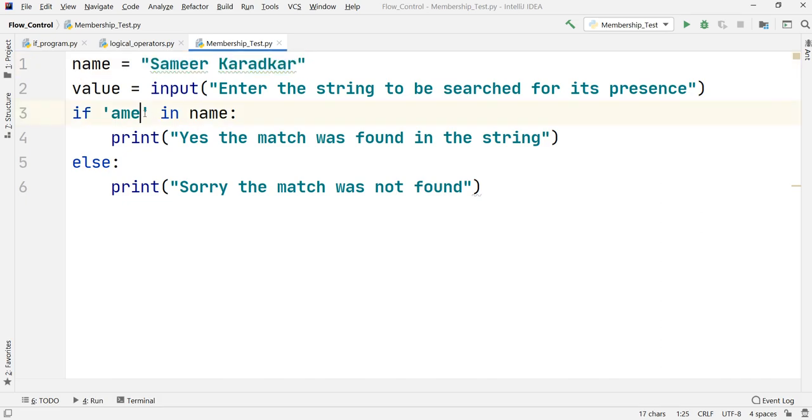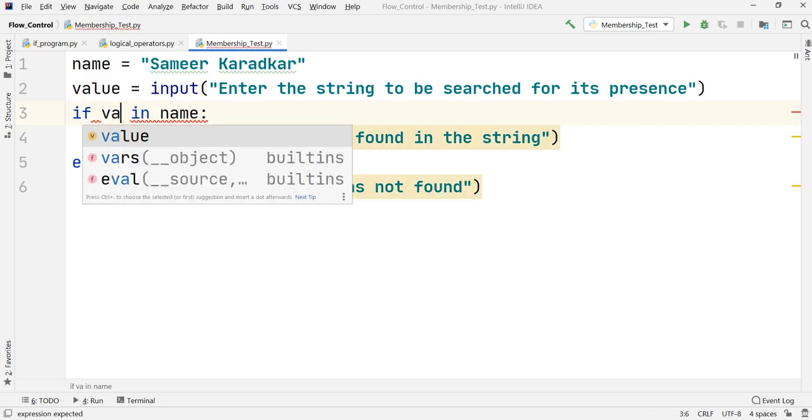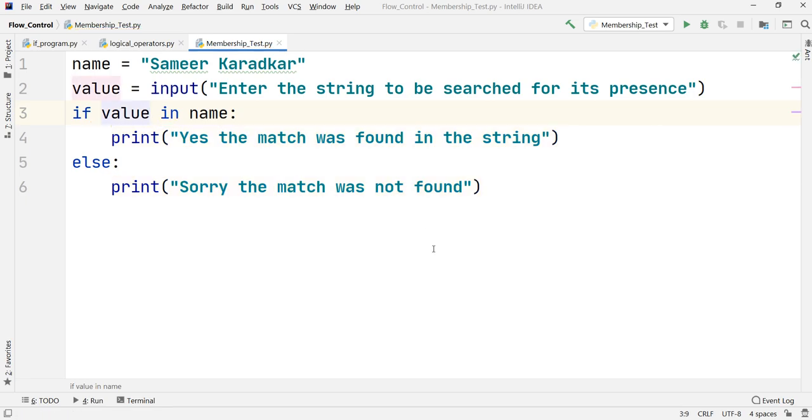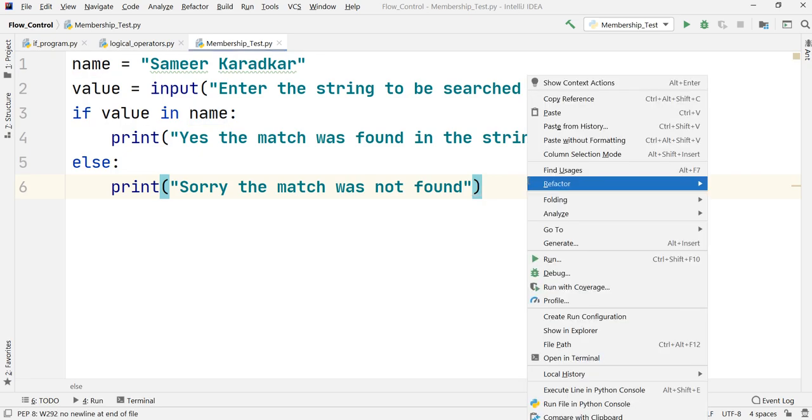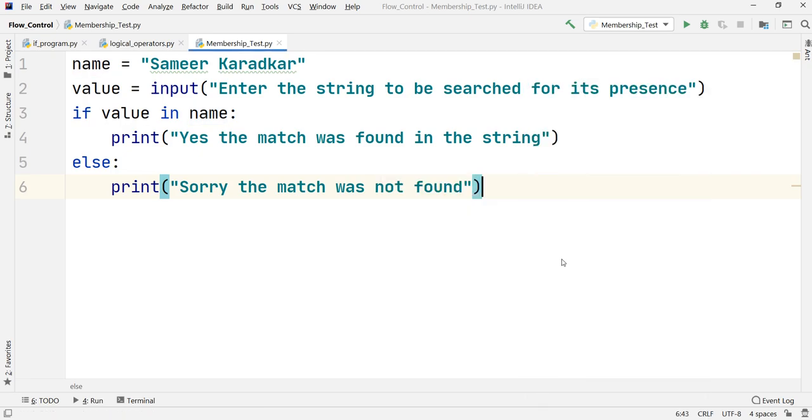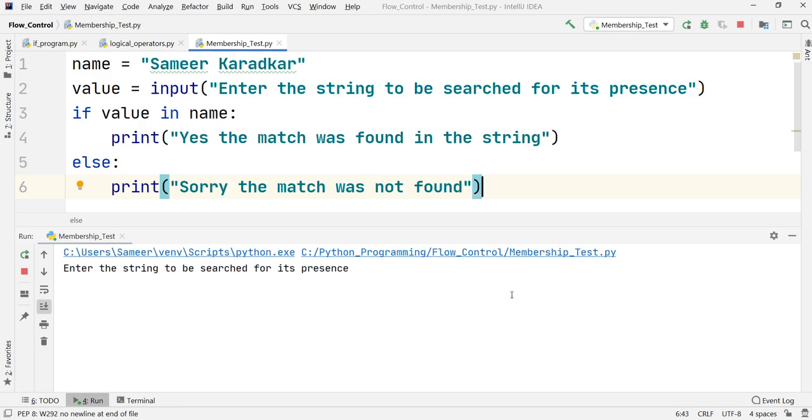What change do we have to make again? Rather than using the directly declared value here, we can replace it with value. What it will do now is check whether the value that the user has given us is present inside my name or not. Let us quickly run this code and see how it comes out.